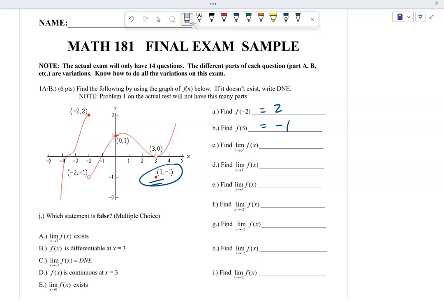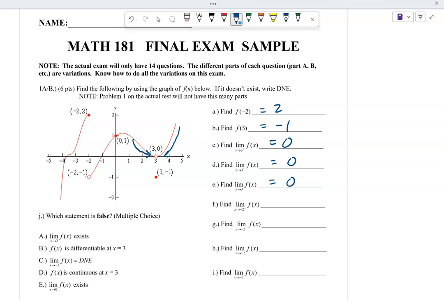Now let's go ahead and find our limit as x approaches 3 from the right-hand side. As we approach 3 from the right-hand side, notice it's approaching 0. We're getting iteratively closer to 0. I know it's not the functional value there, but that's the limit, right? We're approaching 0 if we approach 3 from the right. As we approach 3 from the left, it's also 0, and so the overall limit agrees. They both agree, even though there's a hole there, they both get iteratively close to a y value